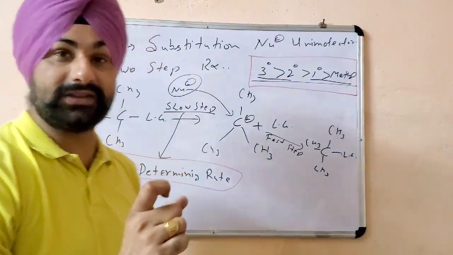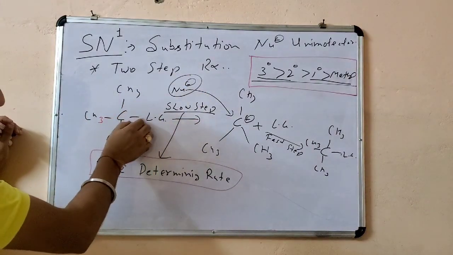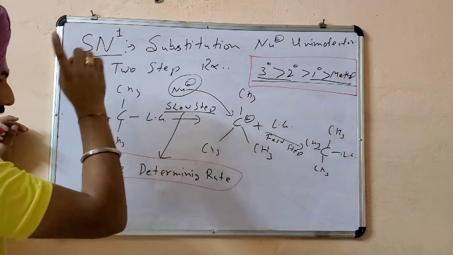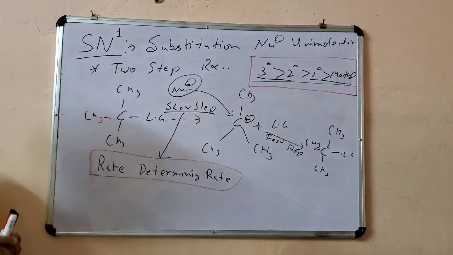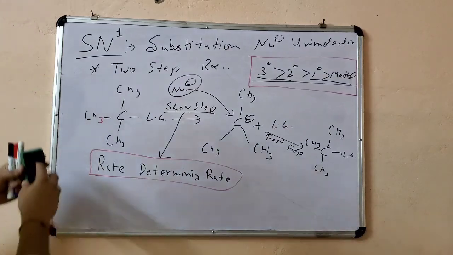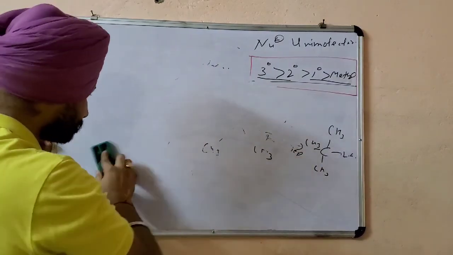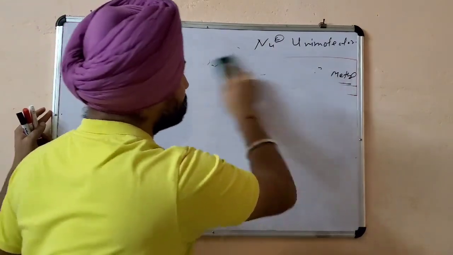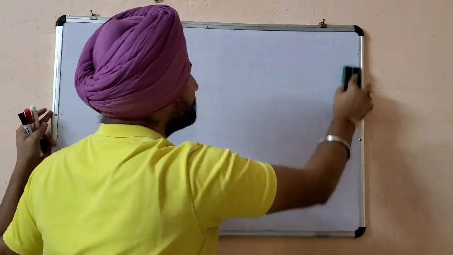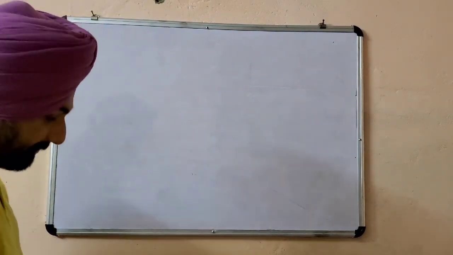It is under the collision theory that the rotation should be proper and the bond should be broken, right? So this is your SN1 mechanism overall. Now we will discuss the mechanism. What is the mechanism? It is a two-step mechanism, we know. Overall it happens in two steps, but when we discuss its mechanism, we have three different steps for this reaction to occur.